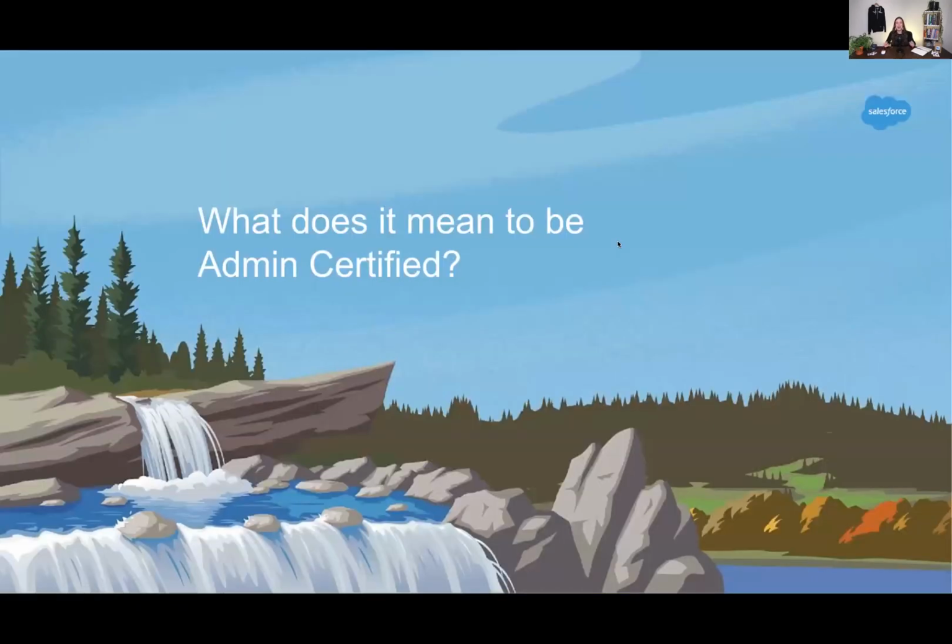What does it mean to be admin certified? Well, first off, from a completely unbiased position, it means a great career decision. As we discussed in session 1, between 2019 and 2024, there will be 4.2 million new jobs created globally. And 37,500 of those will be right here in New Zealand. The estimate around that is that it's going to generate around $2.3 billion in new business revenue over the course of just 5 years, which is kind of insane when you think about it.